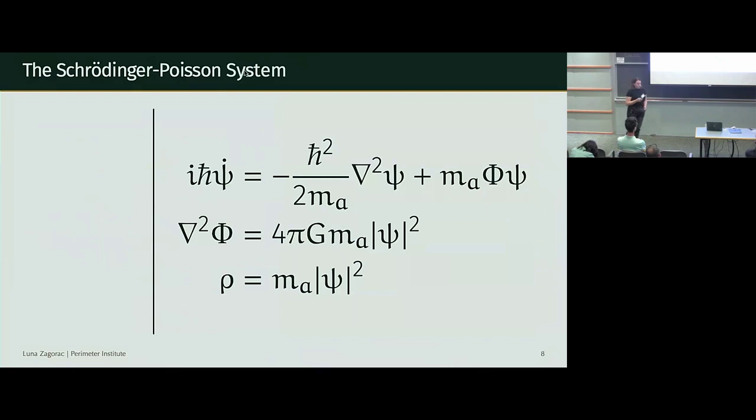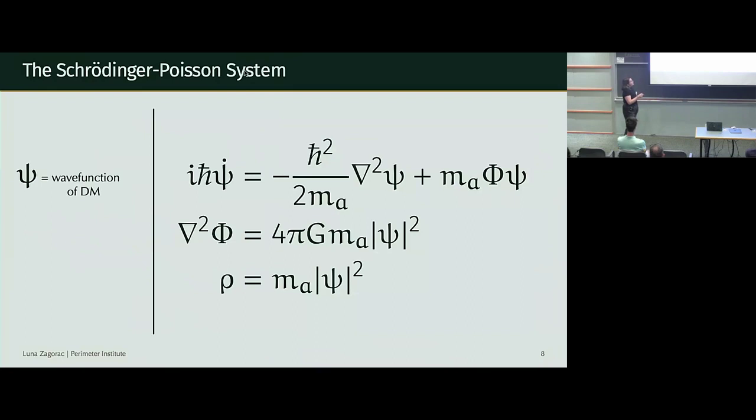And to thank for this, we have this set of equations known as the Schrödinger-Poisson system. There are other names that you could use for it, but that's what I use. And so what we have here in the first equation is an equation that tells us how psi evolves. So psi is the wave function of dark matter. A little bit more on what that means in a minute, but it's basically telling us that the wave function